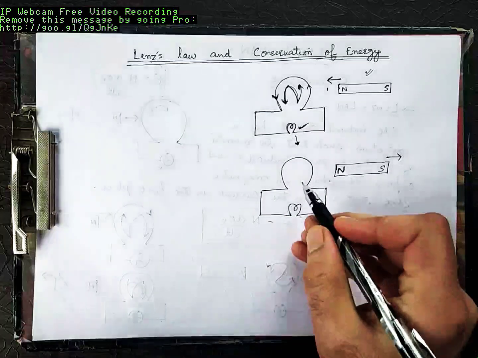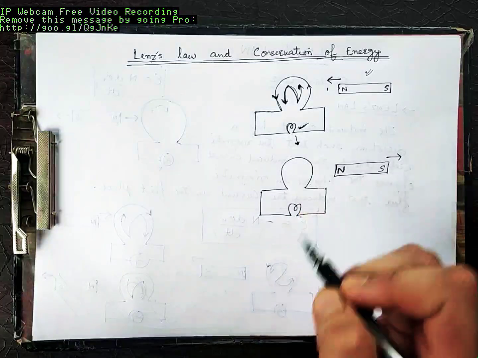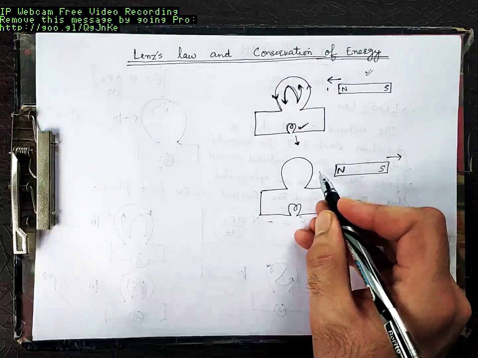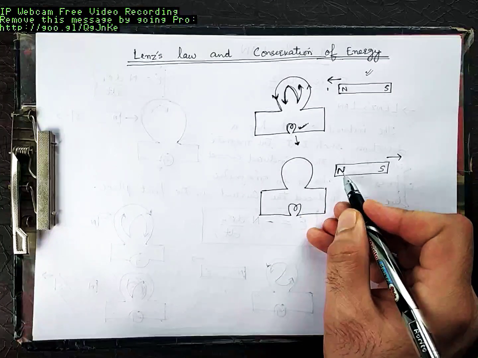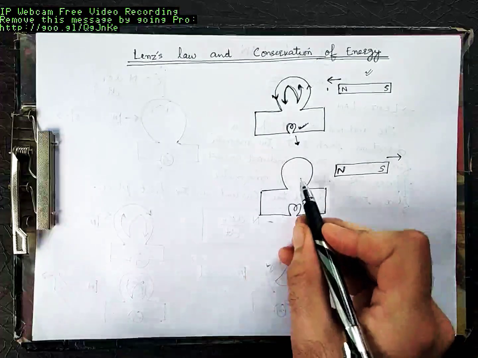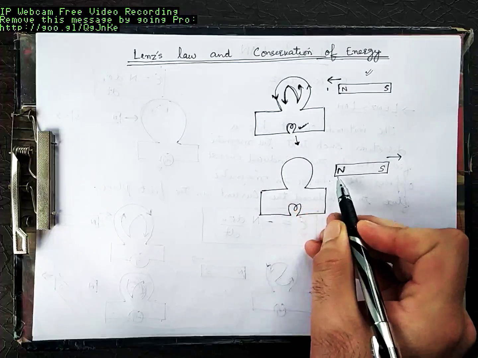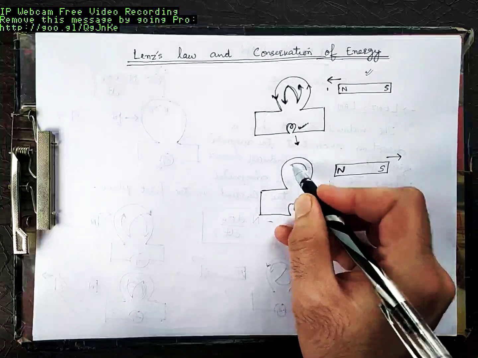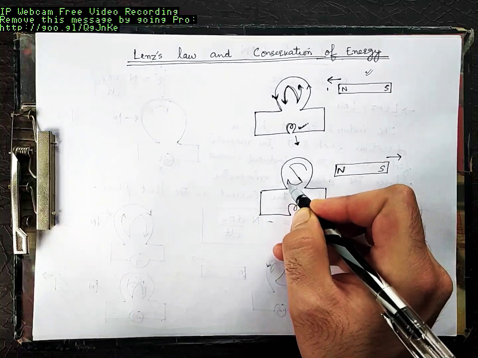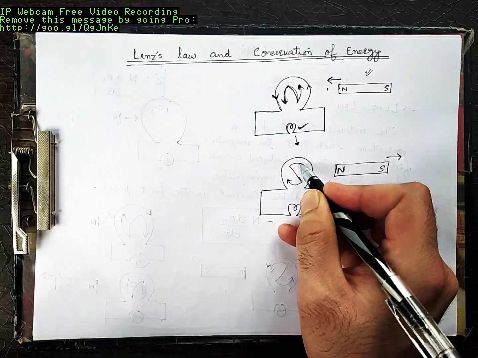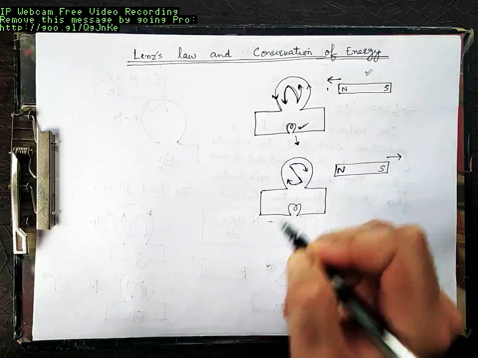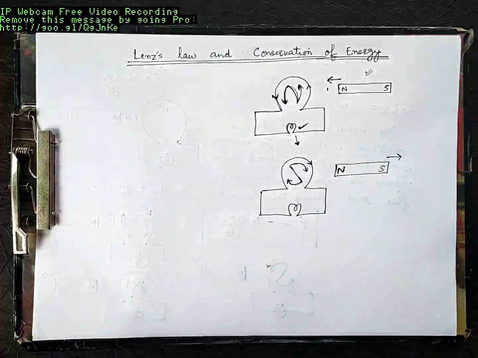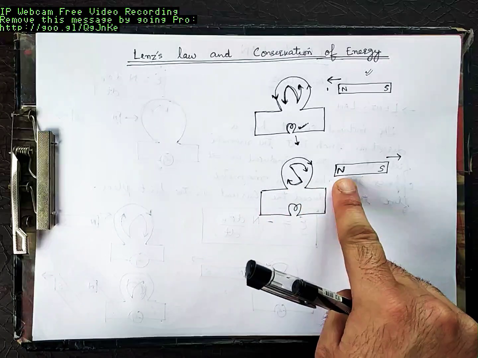Now what will be the direction of current over here in this coil? We know from Lenz's law, if this is North Pole and North is moving away, this coil will try to attract this North Pole back towards the coil, because this coil won't allow this change to happen. It won't allow North to escape. So this will become South Pole now. When this becomes South Pole, so current is in this direction. This South Pole will attract this North Pole.